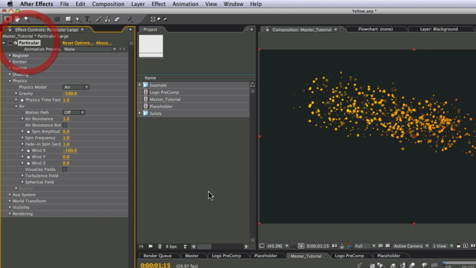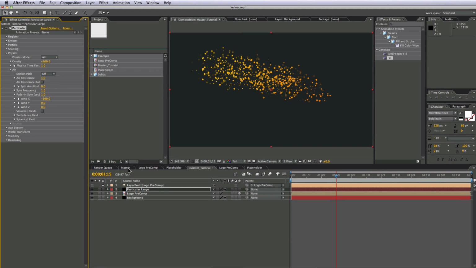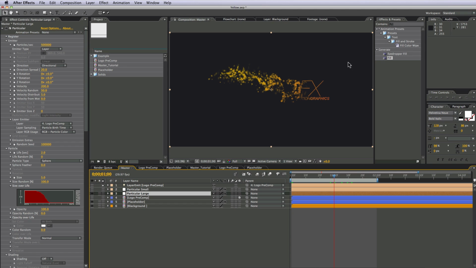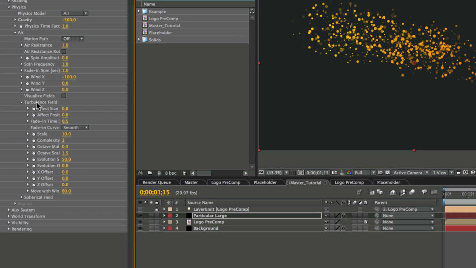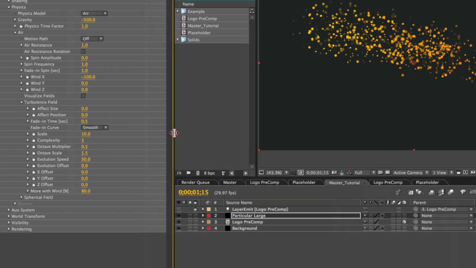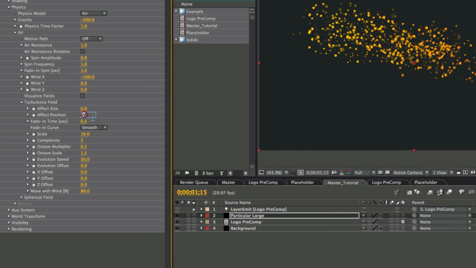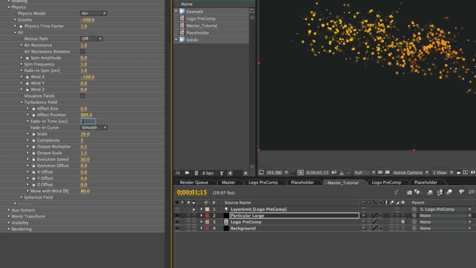Now we can start to have some fun with the turbulence field. If we have a look on our example, you can see that the particles get that really smoky, twisted effect. That's the turbulence field. So if we just drop down the turbulence field menu, we're going to leave the effect size at 0, and we're going to change the effect position to something pretty high like 300, and then we're going to set the fading time to 0.1,